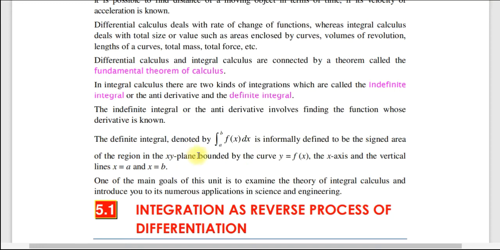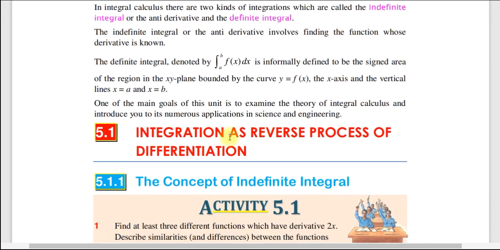So በዚህ curve ውስጥ ነው ማለት ነው የዚህን ኤሪያ ፋይንድ የምናደርገው ማለት ነው። Most of the time definite integral ኤሪያ ለመፈለግ እንጠቀምበታለን ማለት ነው። One of the main goals of this unit is to examine the theory of integral calculus and introduce you to its numerous applications in science and engineering ብለናል።